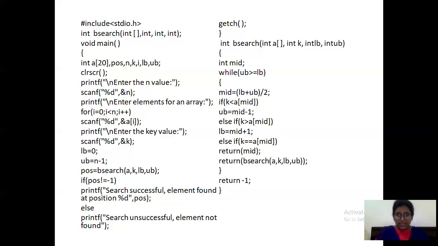So if it is there in the left part, you need to change the upper boundary limit. If it is there in the right part of your list, then you need to change your lower boundary, right? And then if your key element is not there in the left part and the right part of your list, then you need to check this last condition, that is nothing but key is equals to a of mid, right? If your middle position value is the key element, then you need to return mid.